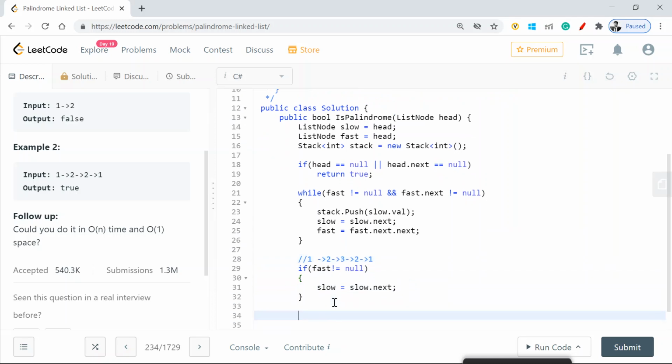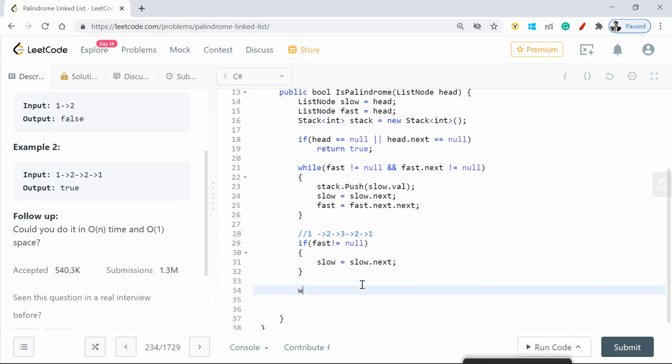Now slow is still not equal to null because right now it is in the center, and we are going to compare the value of slow with whatever we added in the stack, because a stack is always last in first out, so the topmost value comes first.